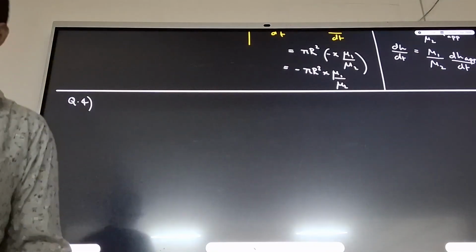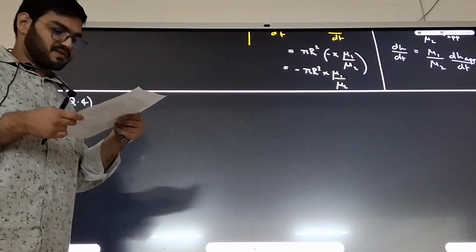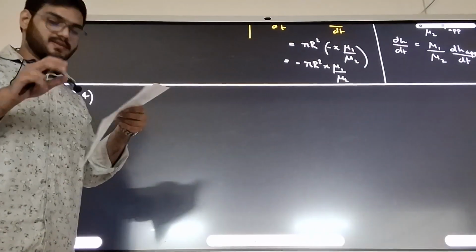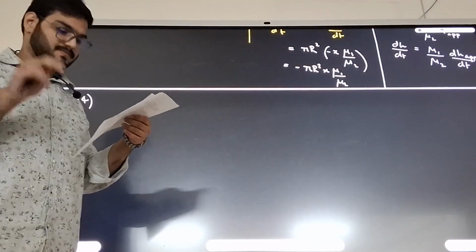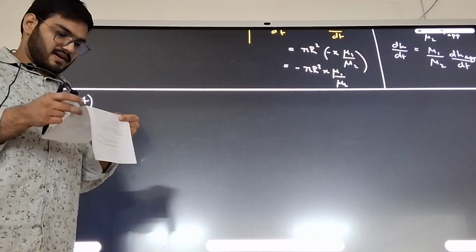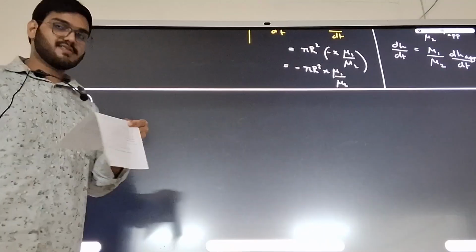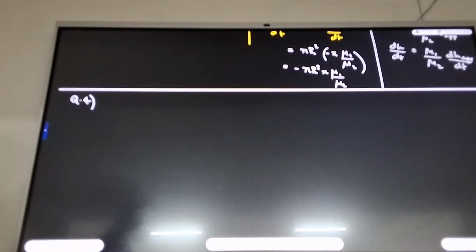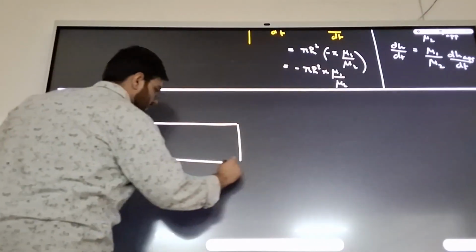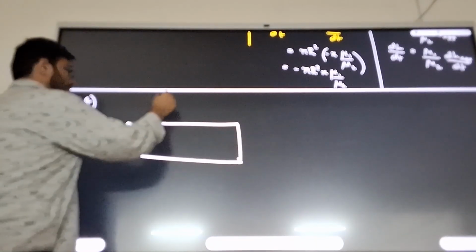Let me read out the question. A bird is flying over swimming pool at a height of 2 meters from the water surface. If the bottom is a perfectly plain reflecting surface and the depth of the pool is 1 meter, then the distance of final image of bird from the bird itself. So I think the scenario is something like you have a swimming pool of some depth. What is the depth given to me? 1 meter. There is a bird here